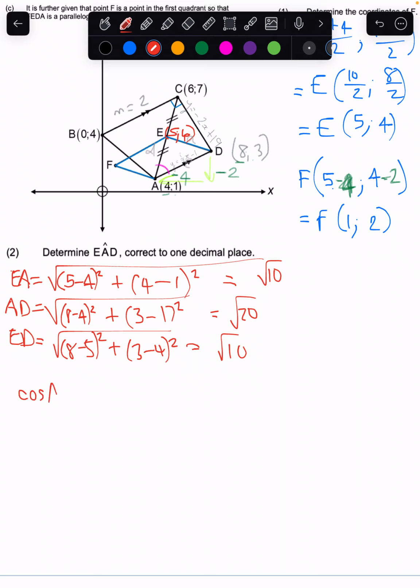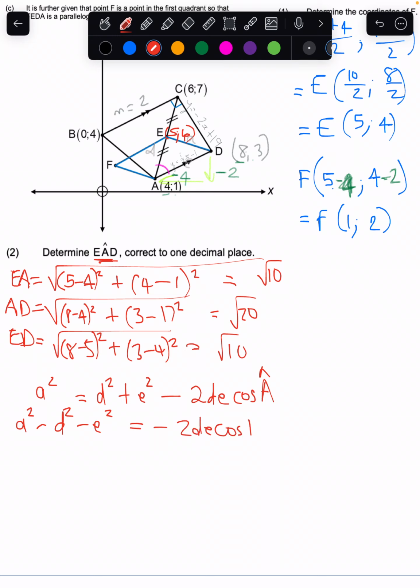cos of angle A, in this case we're referring to angle EAD, will be equal to D squared plus E squared minus... Okay, so this is A squared is equal to 2DE cos A. Right, I was thinking, where does the A come from? Okay, right, yes. We know that we want the A, so I'm just going to rearrange the equation now before we sub in values,